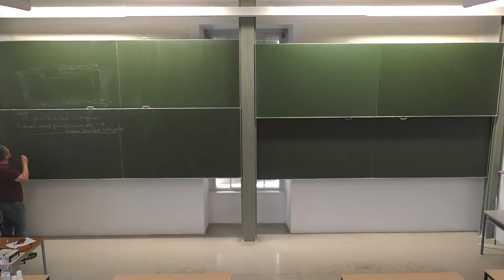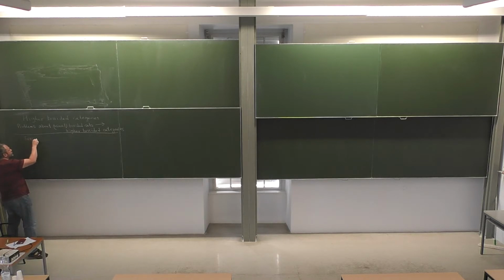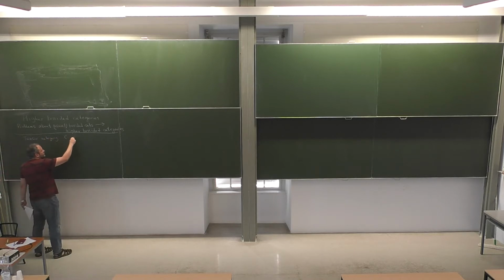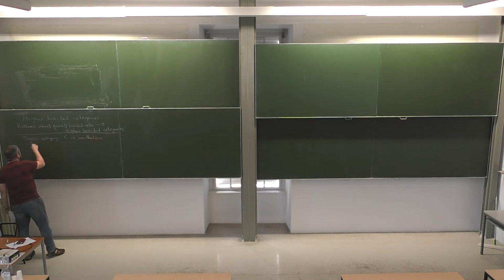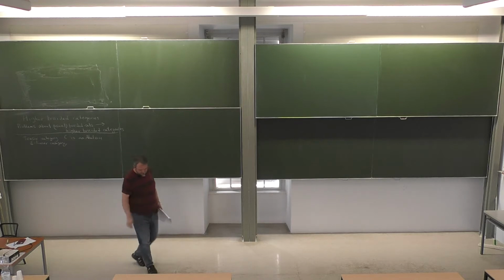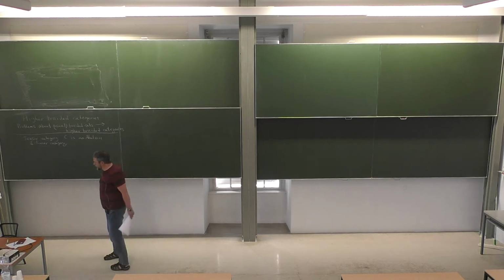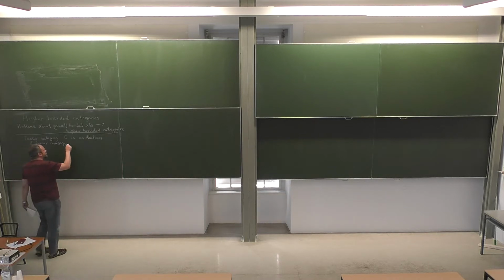The notion of a tensor category appeared yesterday, in particular in Alexei Davidov's talk. A tensor category C is an abelian, C-linear category. Let's say we are going to work over complex numbers today. Here, abelian means that you can do linear algebra. You can talk about kernels. C-linear means that hom spaces are vector spaces,